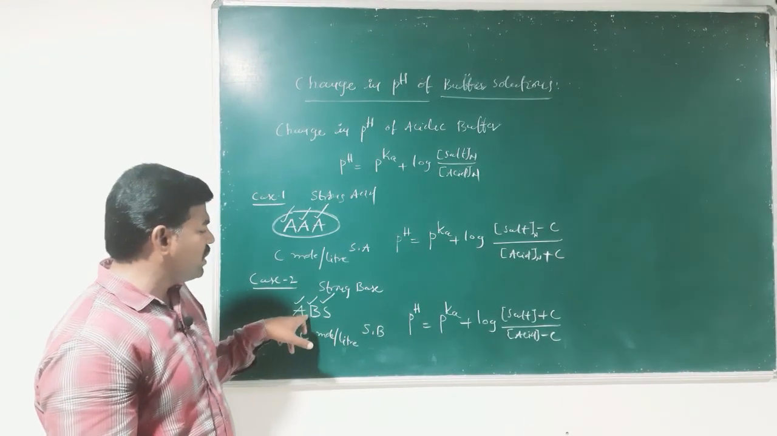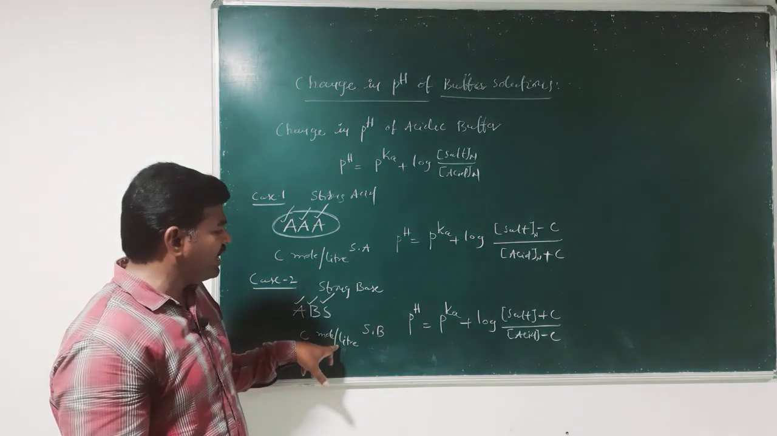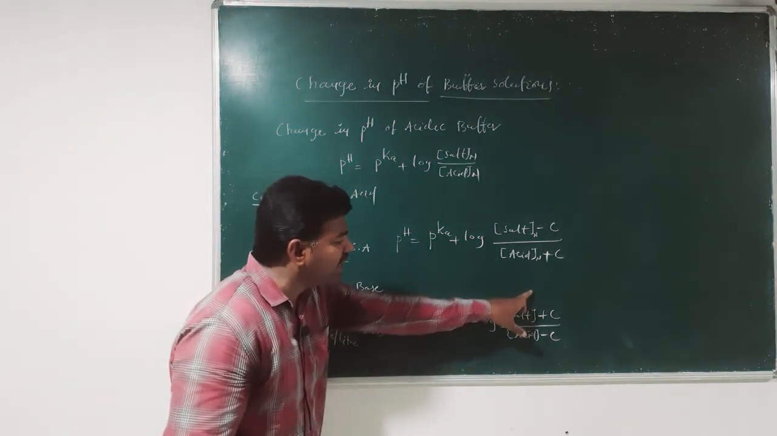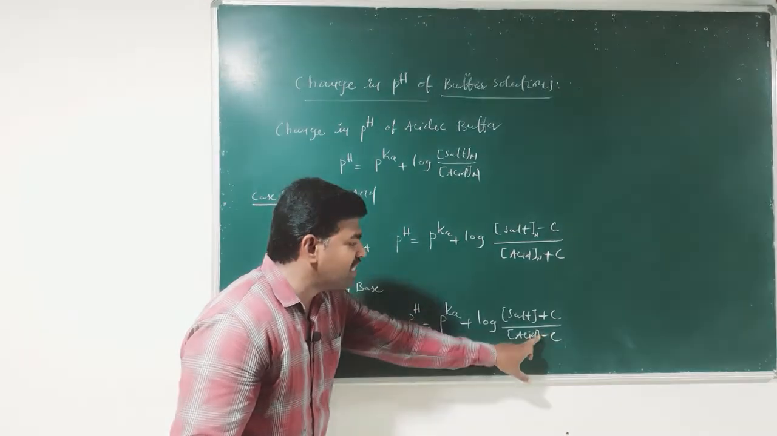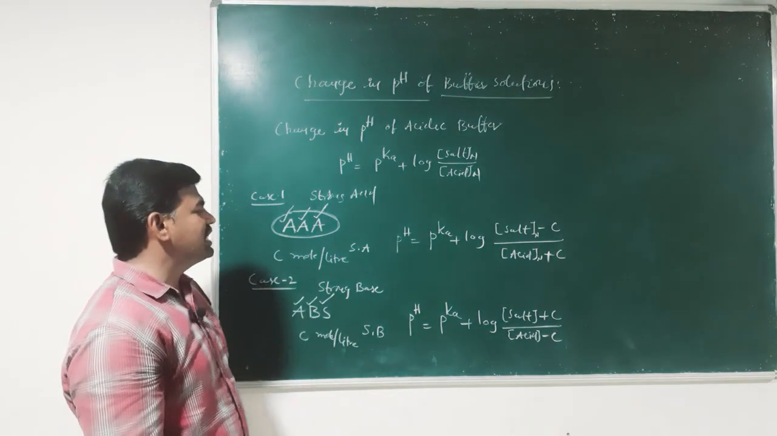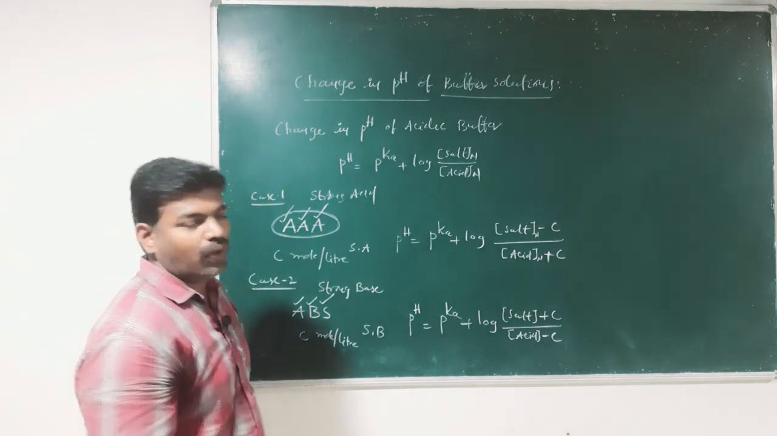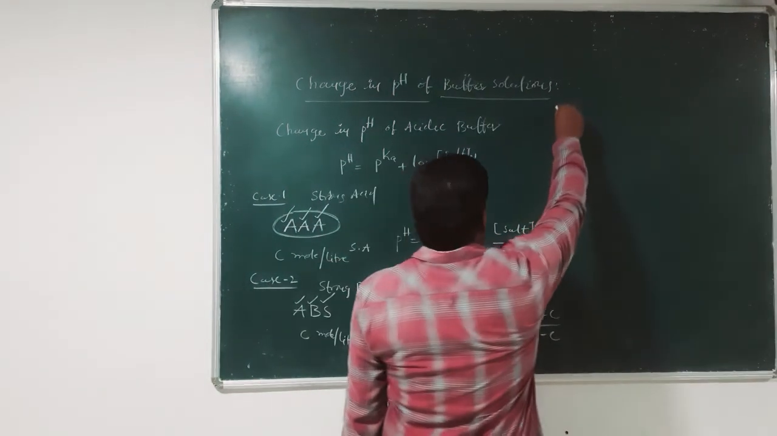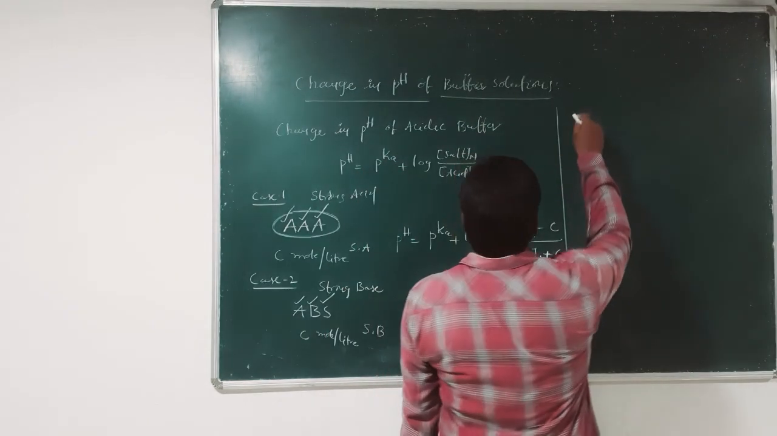So what is the mnemonic? Salt concentration increases, so C moles per liter is added to the concentration of salt, and C moles per liter of acid concentration decreases. Okay, so this is the equation for change in pH for acidic buffer. Now we shall calculate the change in pH of